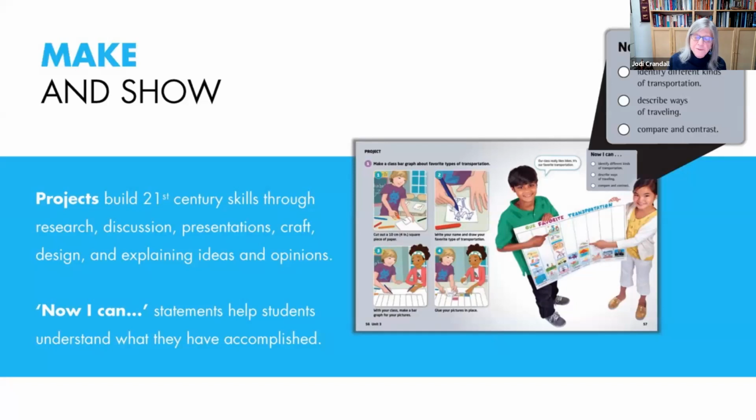And one of the nice things right now, since so many of you are teaching either virtually or hybrid, is that these projects can be done at home, because if you notice, we have all of the directions there that, at this level, are totally illustrated. And so they can be done even with their parents' help, bringing that classroom into the home and also the home back to the classroom.